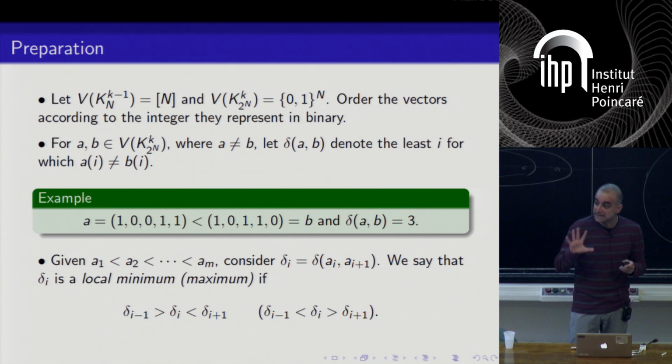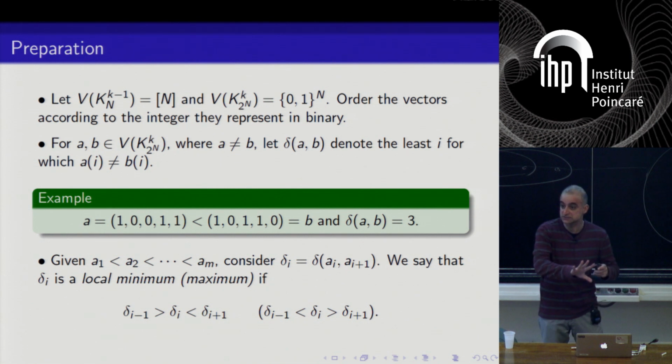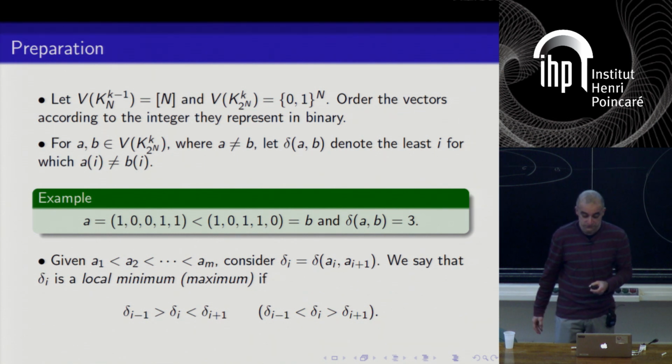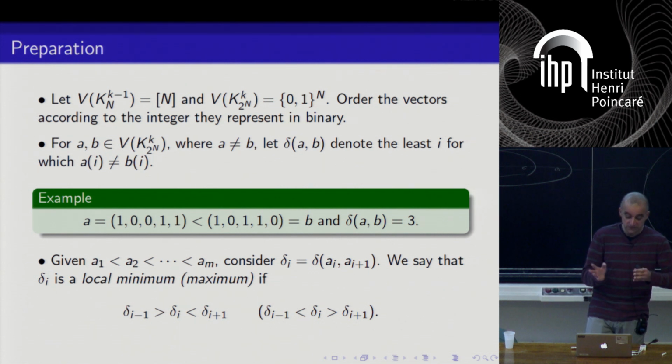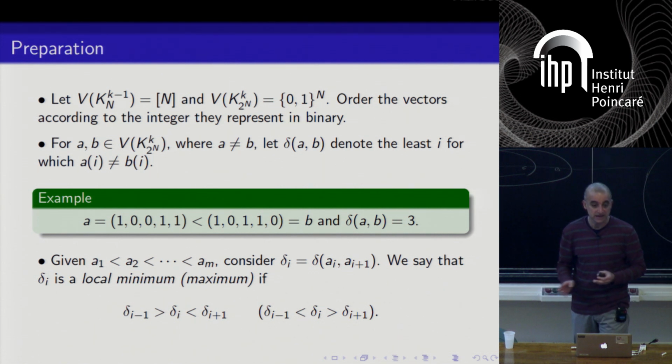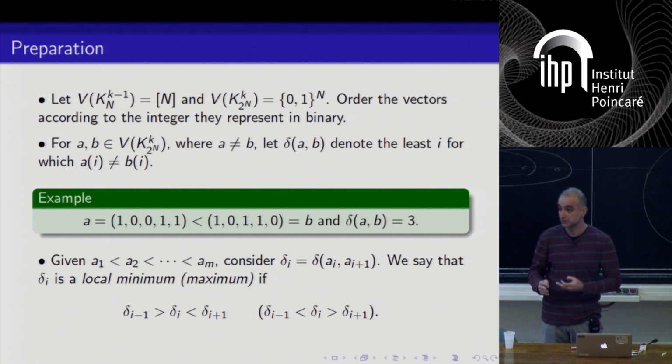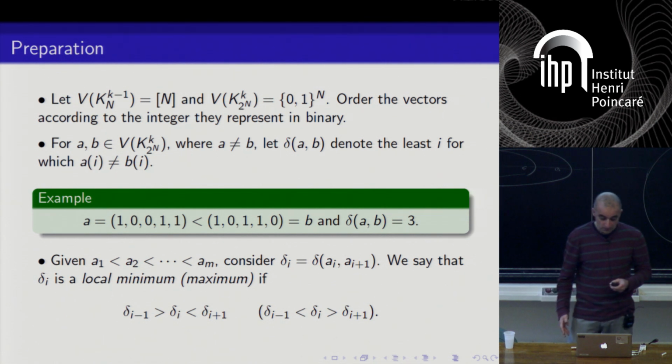Everything I say was done in the 1960s by Erdős and Hajnal. This is the so-called stepping up lemma. You need to define, given any 2 vectors, the first position where they differ. So delta of AB is the first position from the left where they differ. And in that position, the smaller one would be a 0 and the bigger one would be a 1 because you've ordered these things. Okay, and you need some notion of minimum and maximum, but let me get to the heart of the matter. How do you color these things?